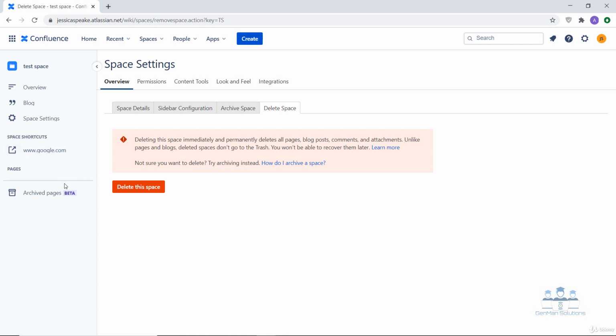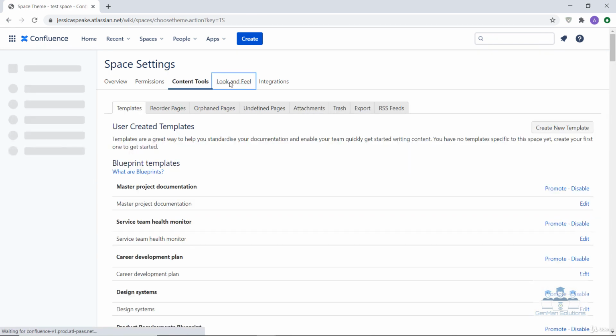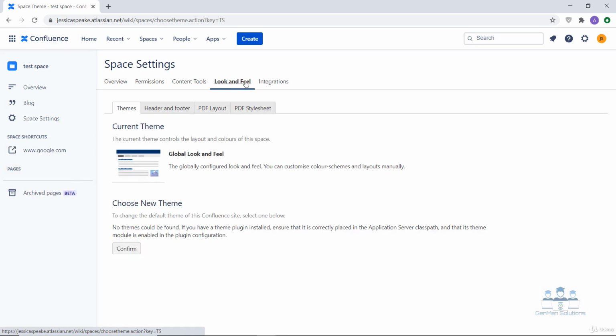You can leverage this section for some standard meeting notes template as well, which you have created. In case you want to leverage the same every time you attend a meeting, then that can be a ready reckoner for you during your meetings. Would urge you to explore the remaining sections like content tools, which talks about the templates and the blueprints that Confluence provides you, and the look and feel section, which talks about the theme and layout of your space and other formatting options.